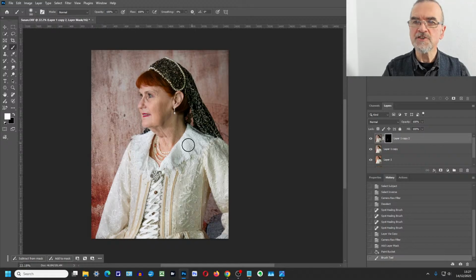The texture into the dress. Now, the next problem we've got is the texture has kind of made it a little bit grey, sort of black and whited it a fraction. So one of the other things we could do if we wanted is just to bring a touch more colour into it.